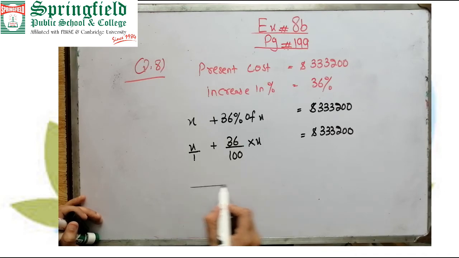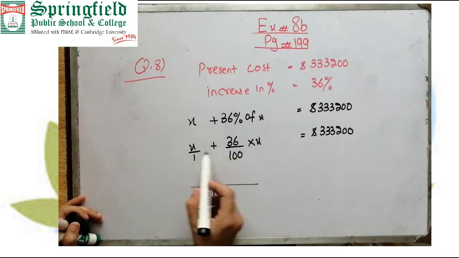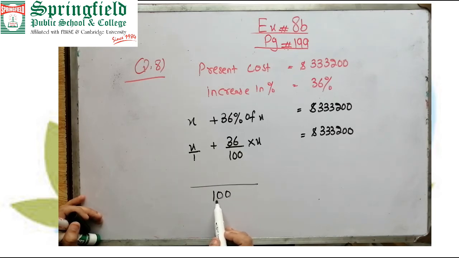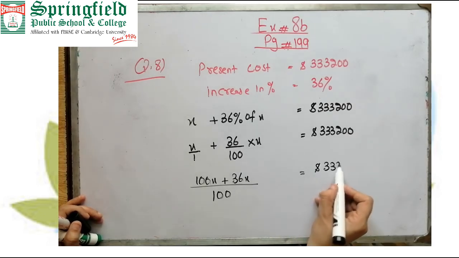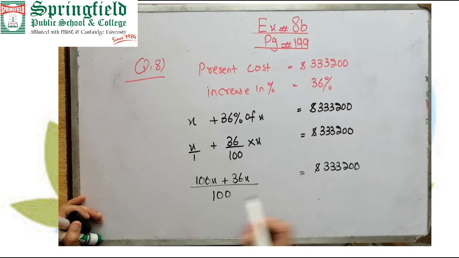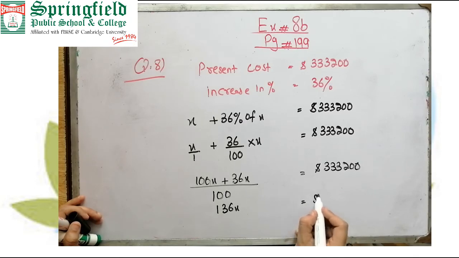Then write 1 in the denominator, as we know that we can convert a whole number into fraction form. So the LCM of 1 and 100 will become 100. And as we know how to convert a small fraction into a larger fraction, 1 will divide by 100 and the result will multiply with the numerator. 1 divided by 100, 100 multiplied with x, 100x, plus 36 multiplied with x, 36x, and 100 divided by 100 is 1, and 1 multiplied with 36x is 36x. Equal to $333,200. Then 100 plus 36, 136x is equal to